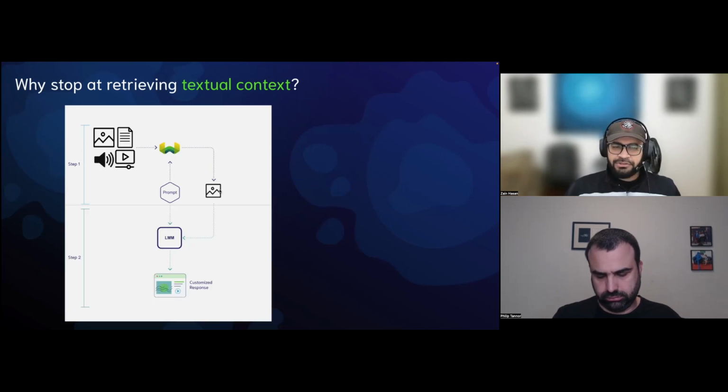And then we can take the modality that comes out. Here I'm showing an image, but if your language model is Gemini, you can also retrieve audio files, and then you can send it off to your large multimodal model. Notice how the L changes into an M. So now this large multimodal model can understand multiple modalities. Now you can even reason over things like graphs from papers or financial graphs, flowcharts, tables, all of that, think of it as semi-structured data, I guess, can now be reasoned over with your large multimodal models.